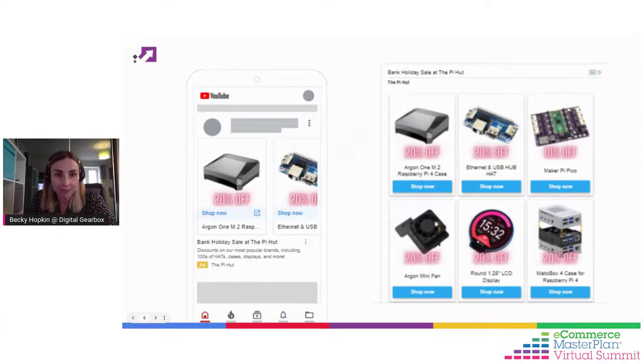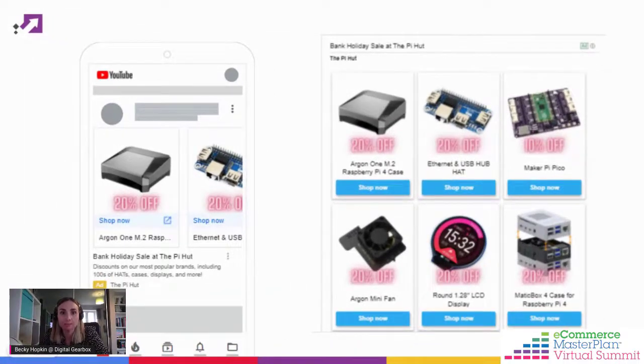For the first time though in Google, and this is what really excites me, you can also create interactive carousel discovery ads just like the ones on Facebook, giving retailers the opportunity to showcase multiple product ranges or messages across multiple cards. So there's a couple of examples we've done for a client here.